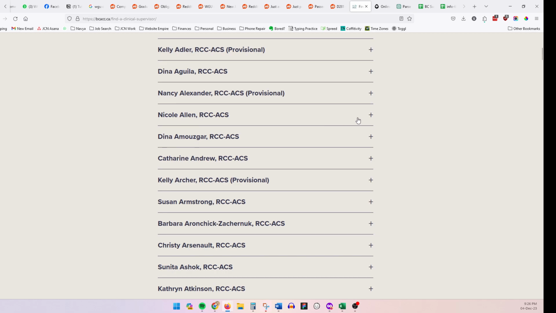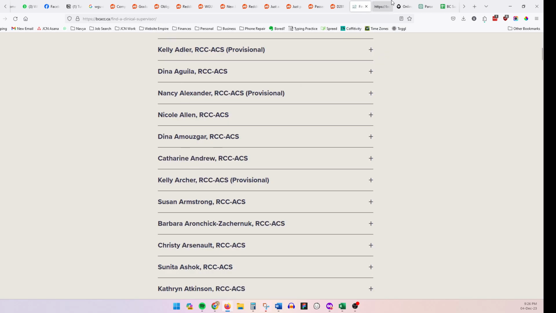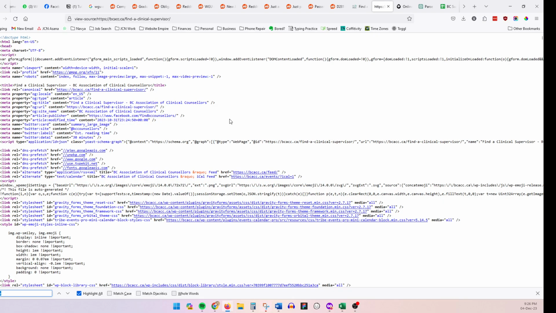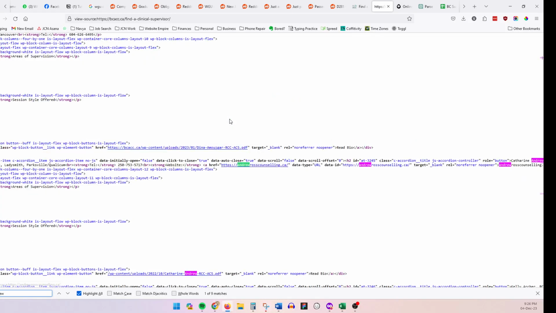So obviously, if you have these expanding modules, these accordion experiences, that means that behind the scenes, if we do view page source, it's all going to be right there. And I tested that with a few names. Let's pick a random person here. Andrew. I'm just going to look up Andrew, and I can see